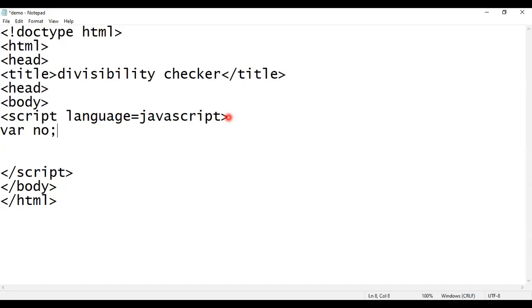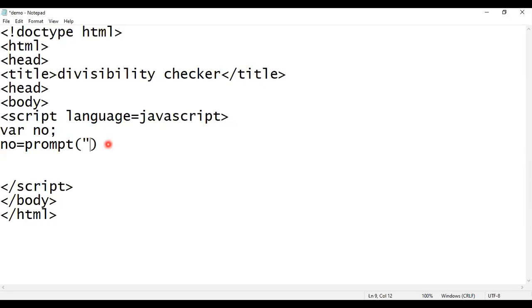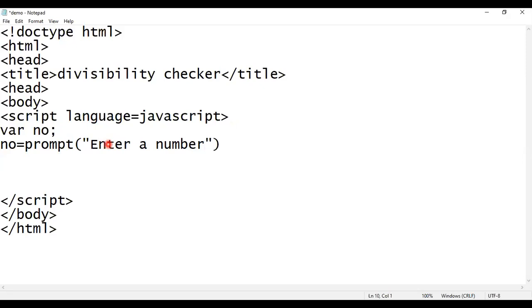Now no is equal to prompt, in brackets, in double inverted commas, enter a number. Now you have to use this number to check whether, if we divide it by 5, we get fully divisible or not.